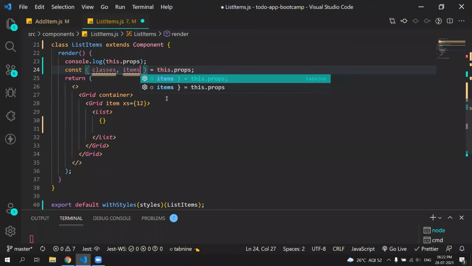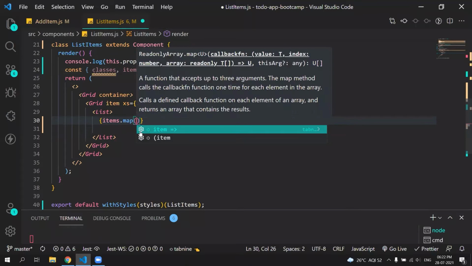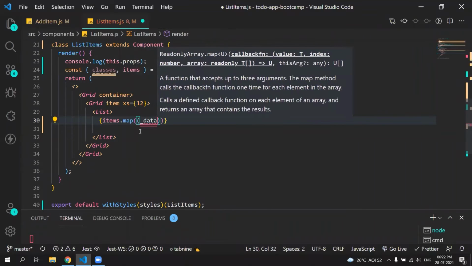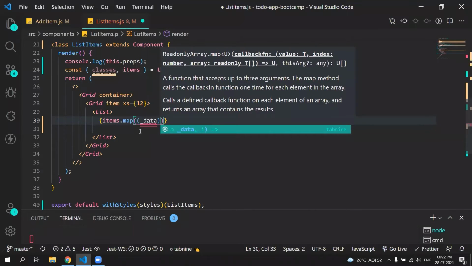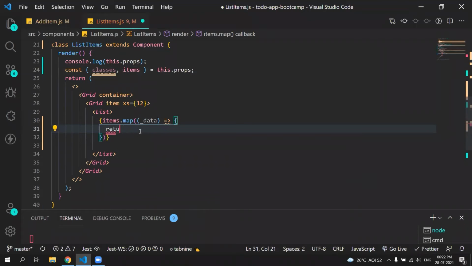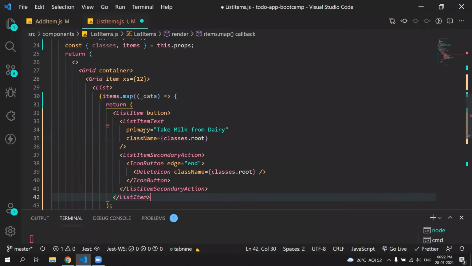So we have items. The syntax to map is items dot map. It will take a temporary variable called data, and it will return JSX. Let's copy paste our list item here.